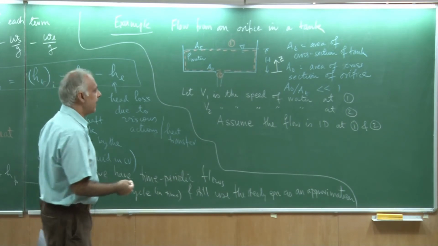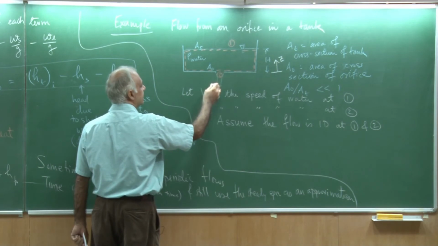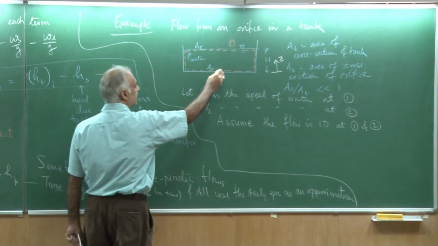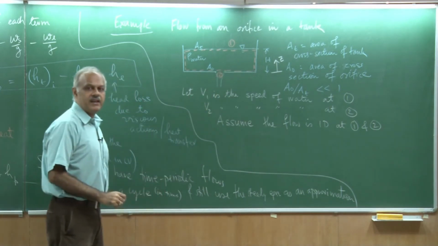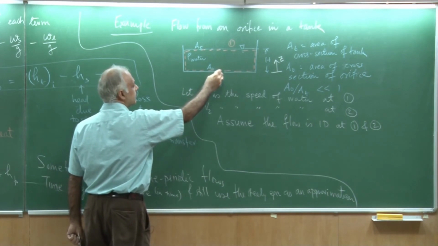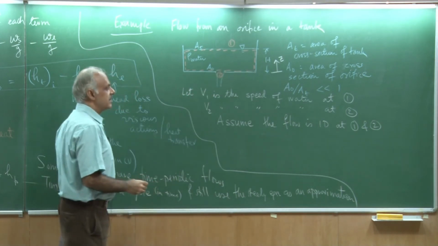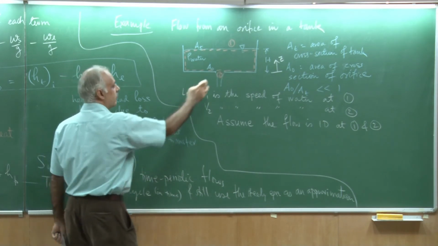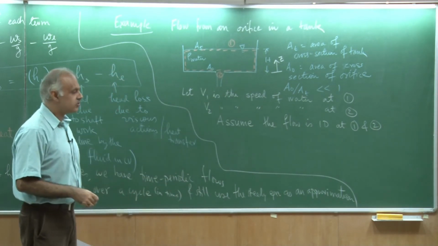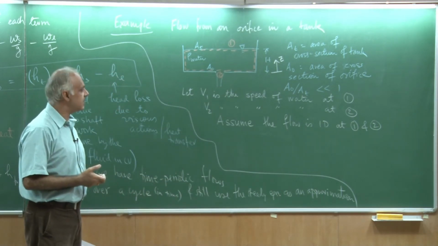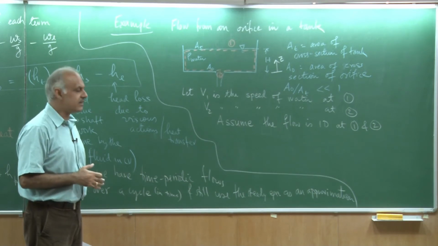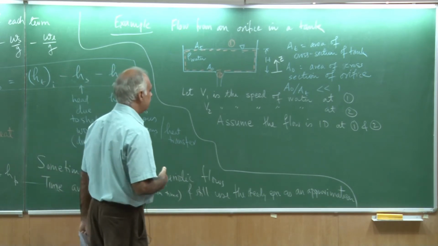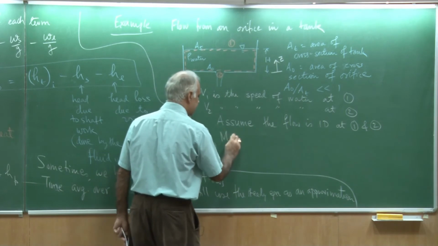That may not be the case. We may have some effects because of viscosity. In fact, there will be a no slip condition here when you have a viscous flow, and we know the flow will stick to the walls of the tank, and therefore fluid particles very close to the tank walls will not move with respect to the wall, but the ones which are away would gush down. So there would definitely be a change across section 2, but we are ignoring that. We are assuming that it is a one dimensional flow.